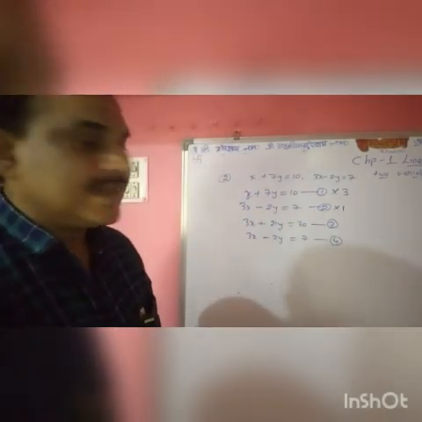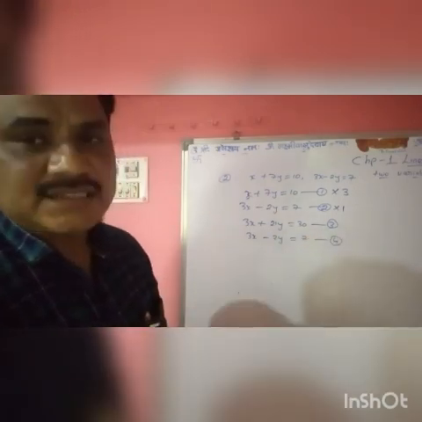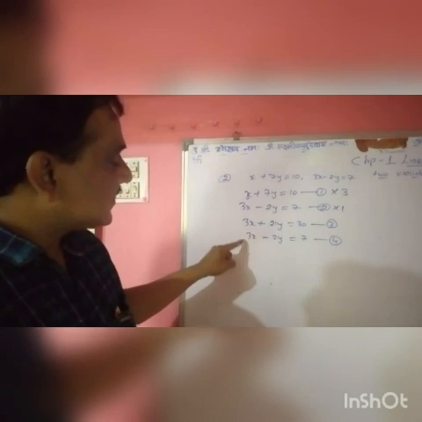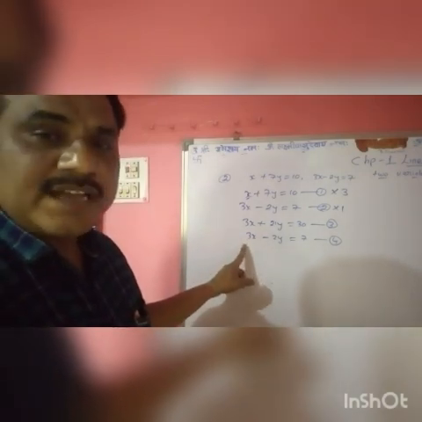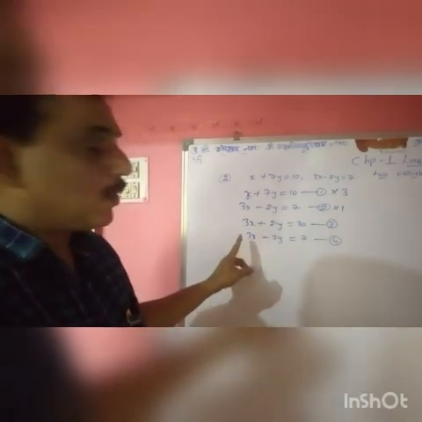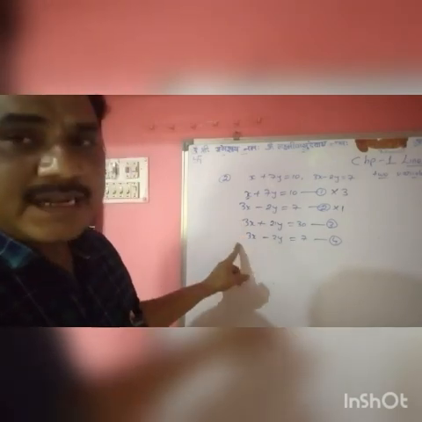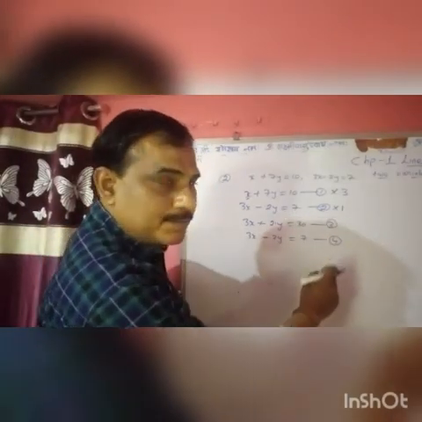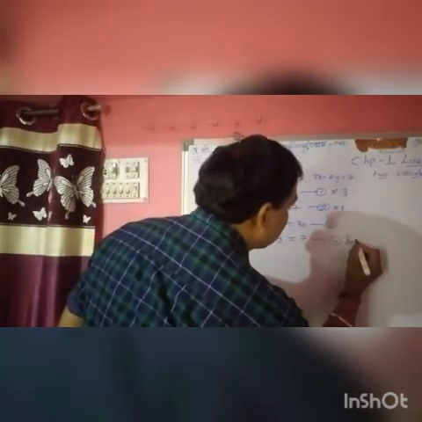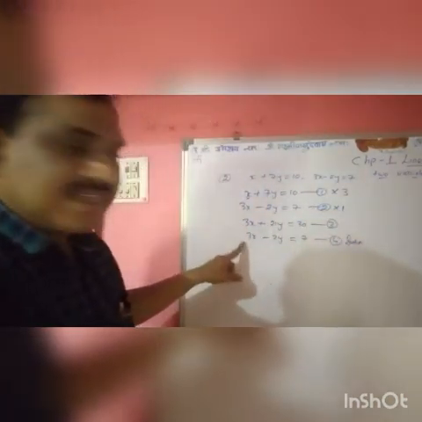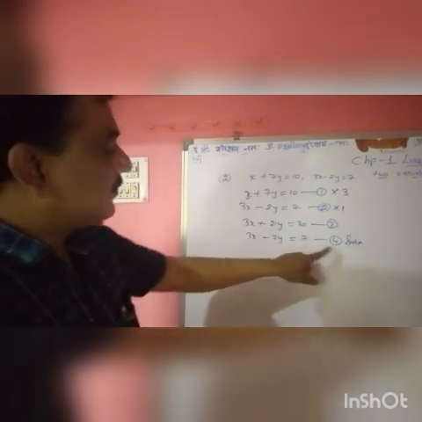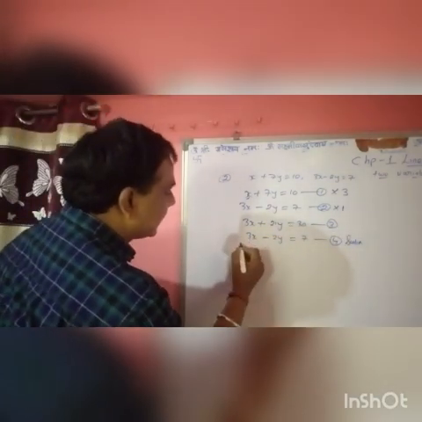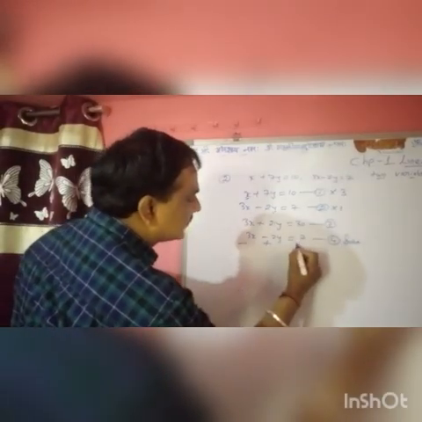Now again it becomes the maths of first type. How? 3x, 3x, 21y, 2y. Here 3x and 3x is equal. Then what do we have to do? Already I have explained to you: when the variable is the same, then we have to subtract. Subtract equation 4 from equation 3. 3x and 3x are the same, therefore we subtract equation 4 from equation 3. Now change the sign: plus becomes minus, minus becomes plus, plus becomes minus.